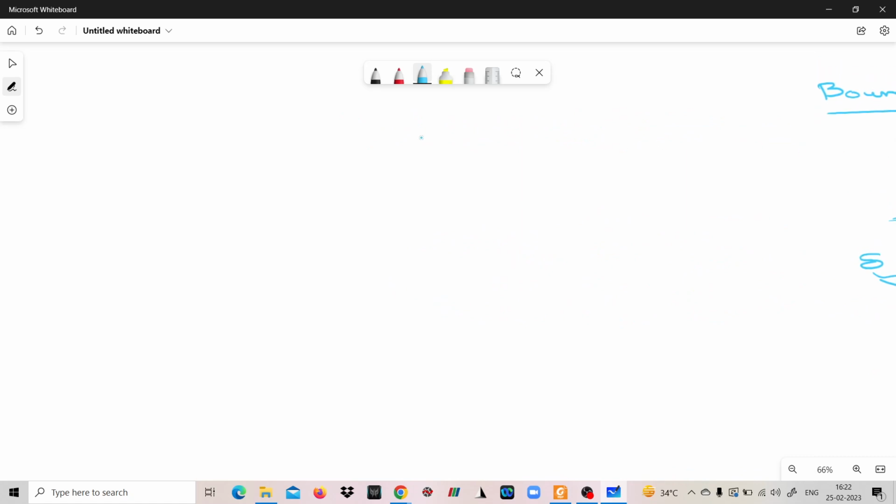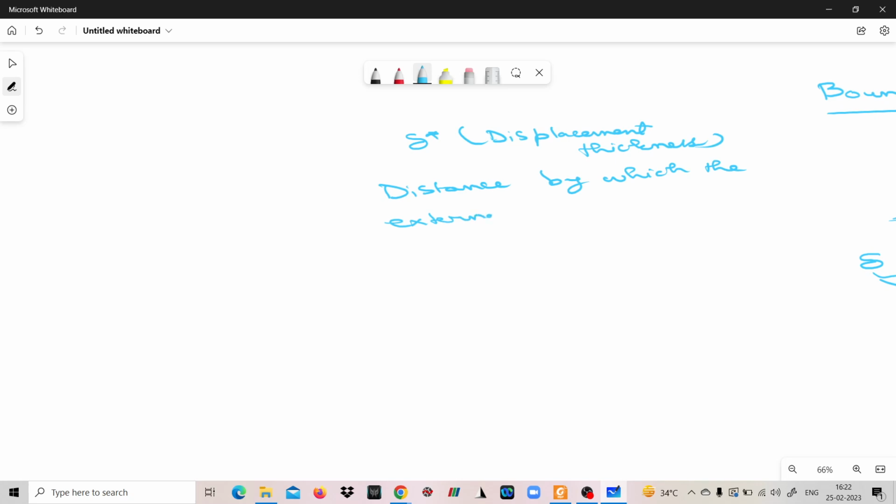Displacement thickness, usually denoted by delta star, is the distance by which the external potential flow is displaced. External potential flow is displaced outwards